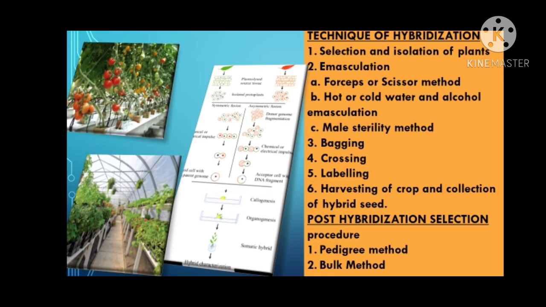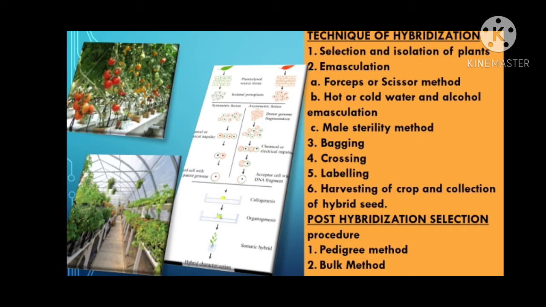If the plants are dioecious, the male plants are completely eliminated from the vicinity of the female plants, which are to be cross-pollinated by the pollens of a desired species. Pollination is done by brushing or dusting collected pollen grains over the receptive stigma. Labeling. The crossed flowers are properly tagged and labeled. The labeling is done either on the bag itself or on labels specially designed for this purpose. The label should have the following information: date of emasculation, date of crossing, details of parents, male and female.